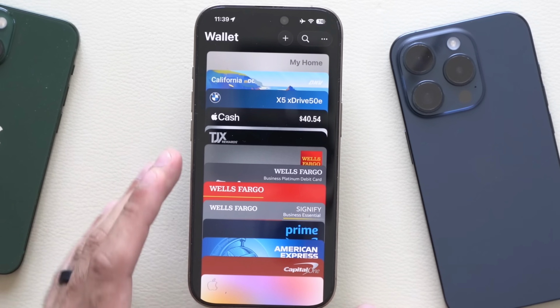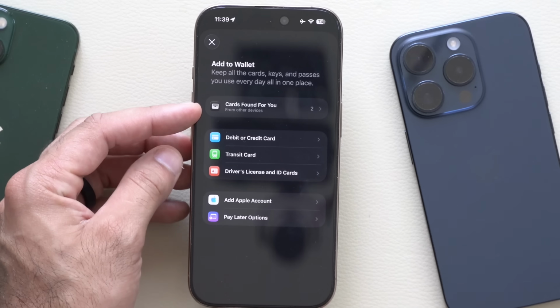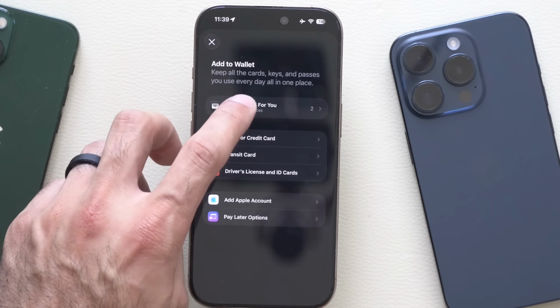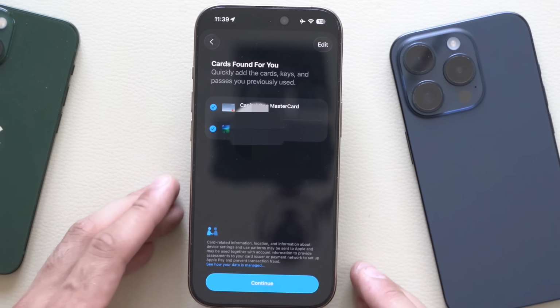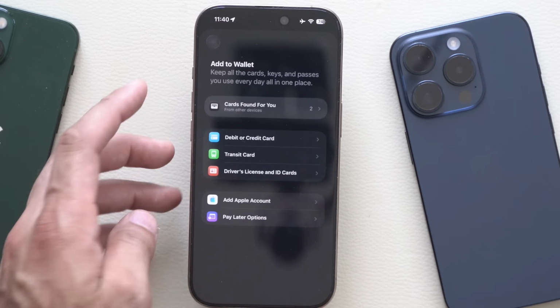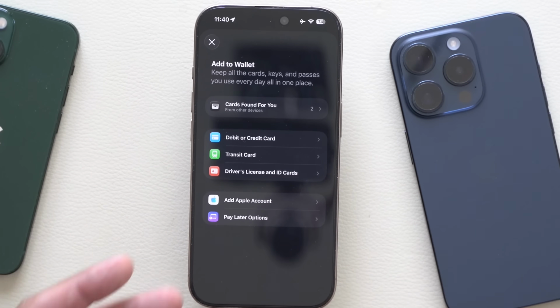And to add a new credit card, it's pretty advanced, as you simply just tap plus up here. And if you have third-party apps, like your banking accounts and such, you may also click on it right here, and you're able to select the cards you'd like to add and just hit continue and verify with the app. It could also be a text message. You can simply add your credit cards by just logging into your native apps